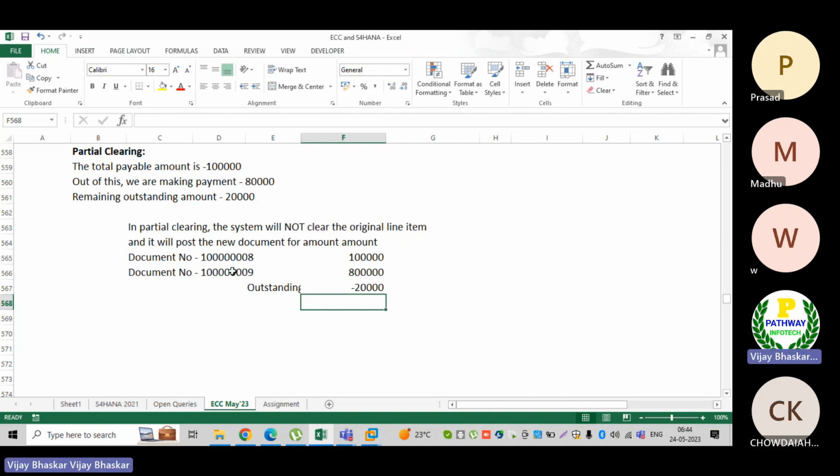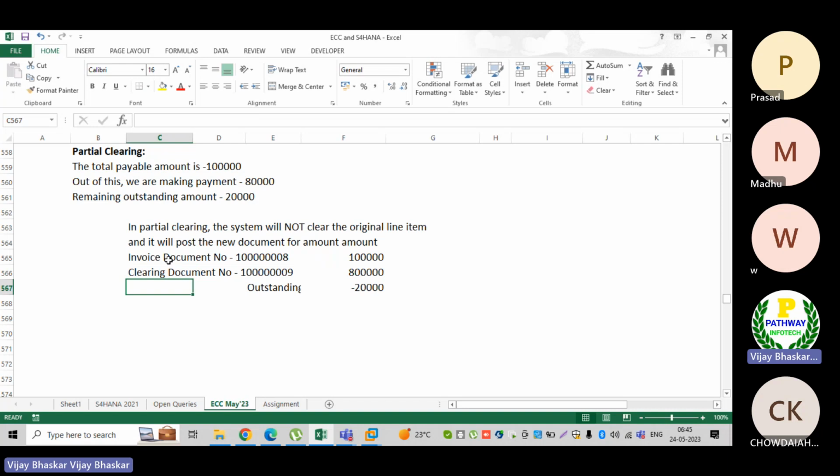Then what will the system do here? If this is the document which was posted for the open item, meaning the invoice item, I'll put it here for our understanding: invoice document, and this is the clearing document.